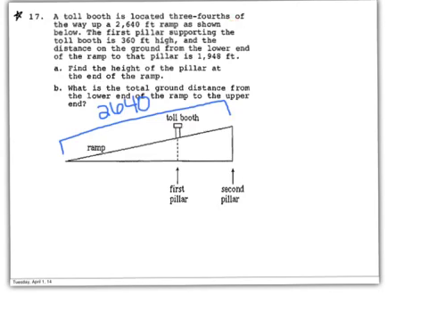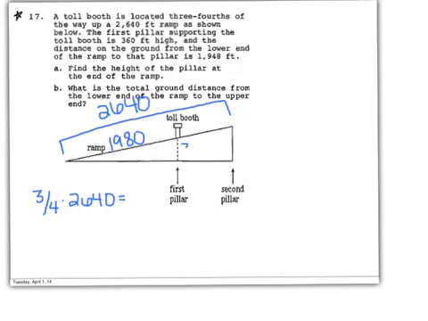So the way I'm going to calculate that is I'm going to do 3/4 times 2640 to find what distance that represents. I come up with 1,980. So that means the distance from the bottom of the ramp to the toll booth is 1,980 feet. Okay? Then it says the first pillar supporting the toll booth, that's this guy right here, is 360